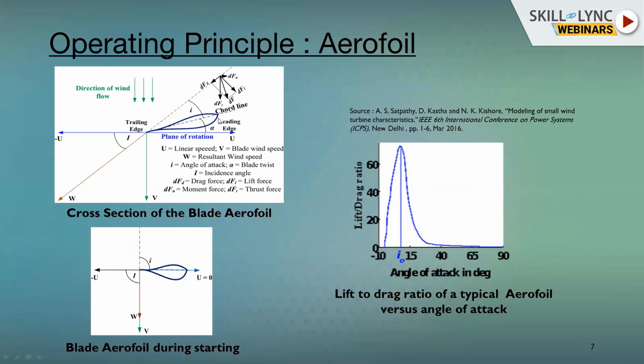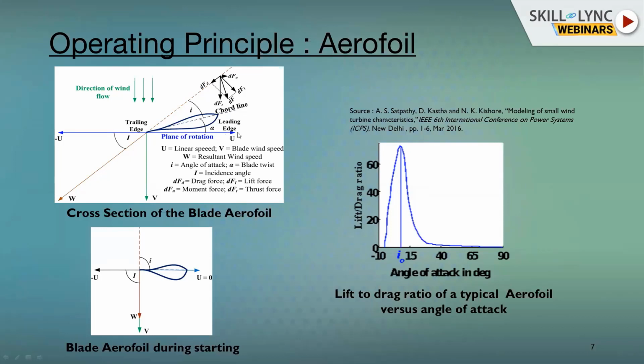So this is the blade cross section that I have shown in the previous slide. If you join one tip to the other tip, this is called the chord line. This is a very important term. If you are in the wind field, then you should understand the chord line. And this V is the direction of wind velocity. Let's say it is flowing into the page. The V is into the page, and the blade is rotating in this direction.